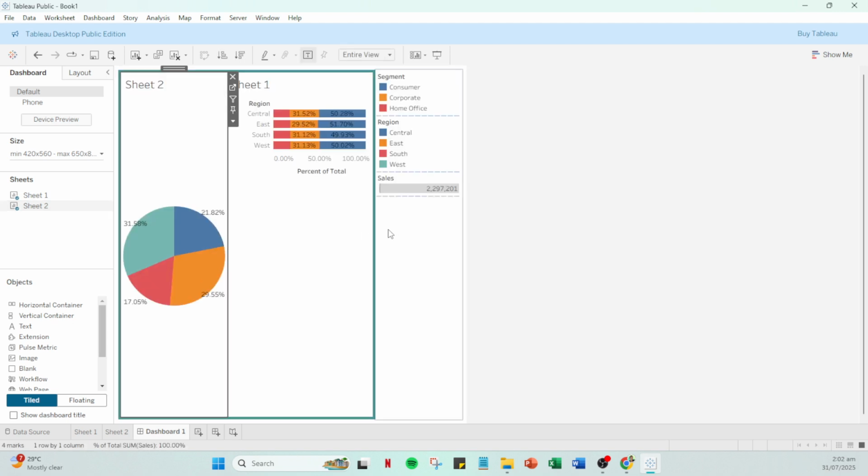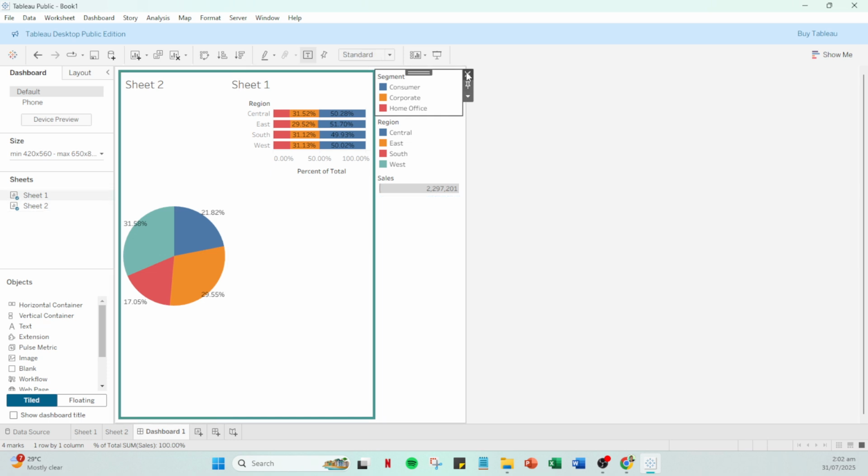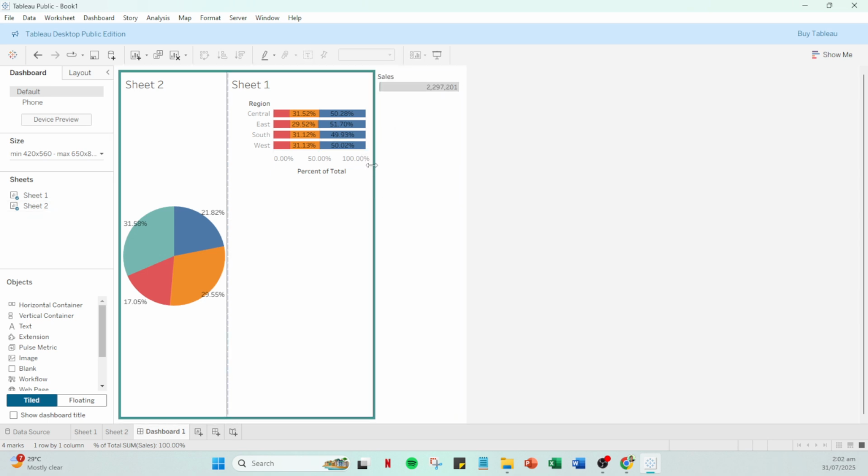Finally, revisit the Layout tab. Select the container that now holds your sheet and navigate back to the border options within this panel. You can apply your chosen border style again if needed, ensuring that each visual component of your dashboard maintains a consistent look and feel. Remember, you can apply these settings to all containers within your dashboard, helping you maintain a